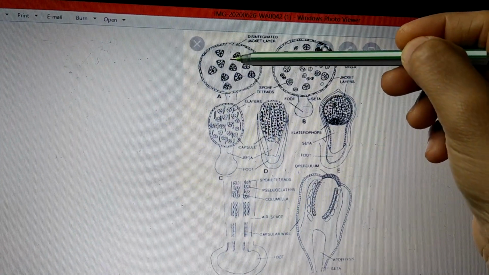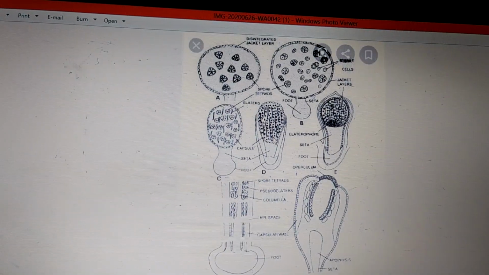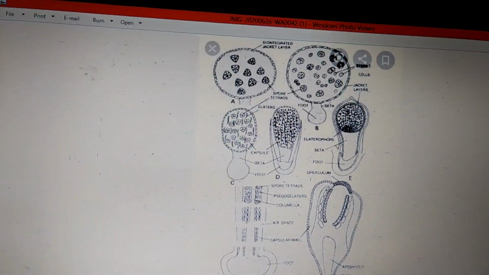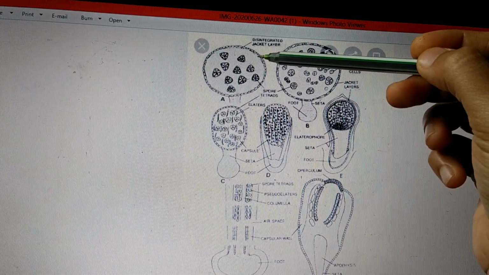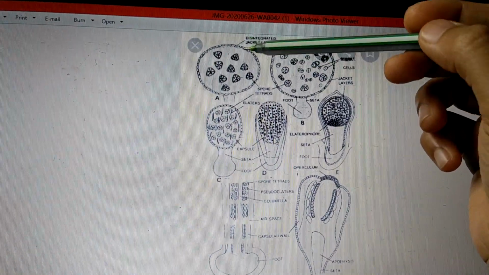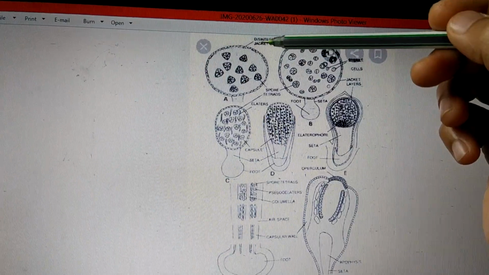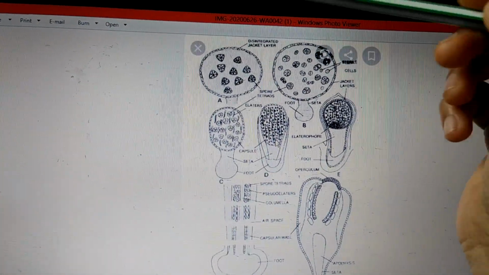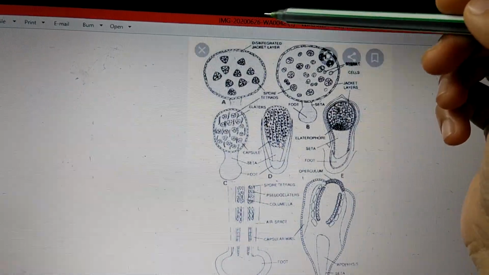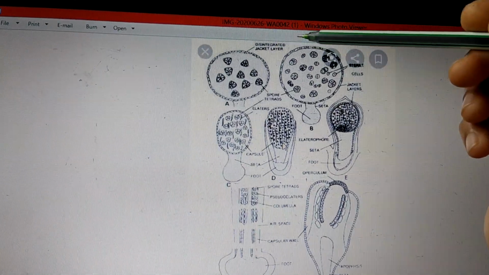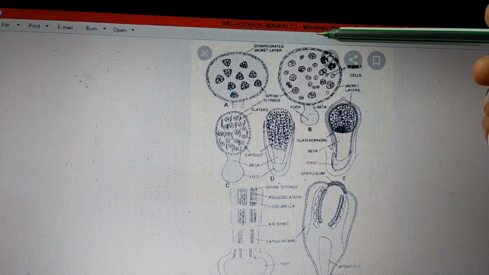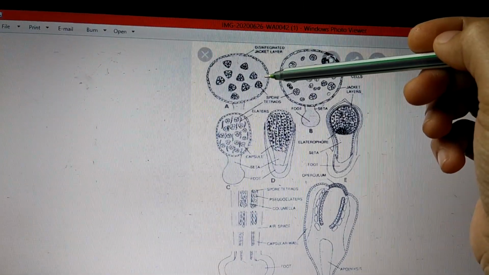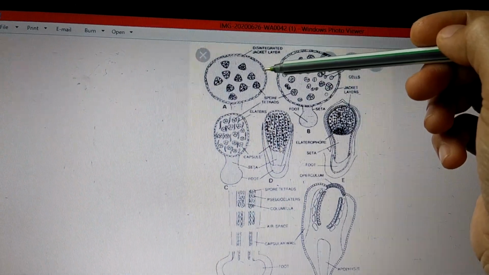This globous body is made up of a one cell thick layer. And what does the globous body contain? The globous body contains the sporogenous tissue. Now this sporogenous tissue is made up of the endothecium layer. This sporogenous tissue is going to undergo division, leading to the formation of what is called a spore mother cell. This spore mother cell will undergo meiosis, leading to the formation of haploid spores.